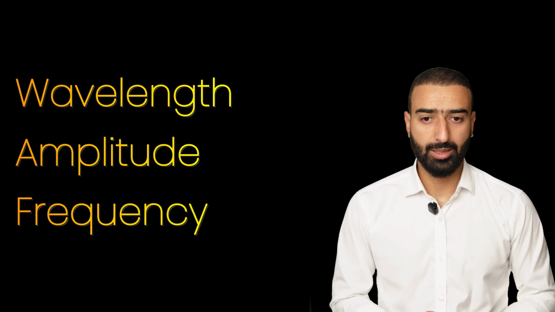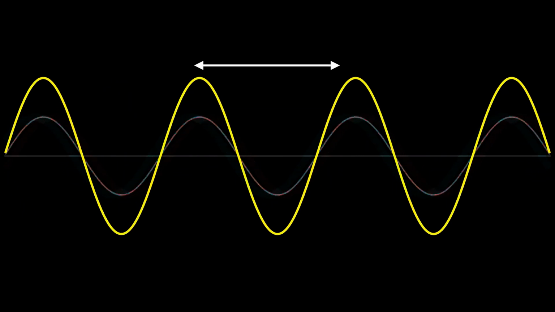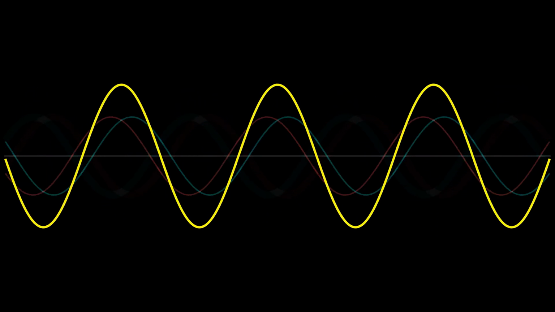Let's learn about wavelength, amplitude, and frequency. The wavelength of a standing wave is the distance between two consecutive crests, represented by the letter lambda. The amplitude of a standing wave is the distance from the equilibrium position to the top of the crest, represented